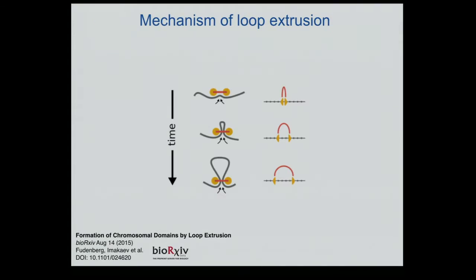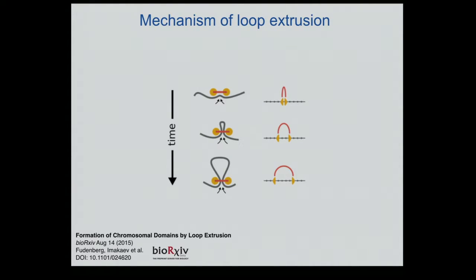And the idea that we have is that there might be a process, again, it's a complete hypothesis at this point, that can create such domains and boundaries, and when boundaries are removed, things would propagate. The central idea of this mechanism is the concept of loop extrusion. Let me explain this. Essentially what's assumed is that there is a molecule, let's call it a loop extruding factor, that can land on DNA or a chromatin fiber and can progressively enlarge a loop.